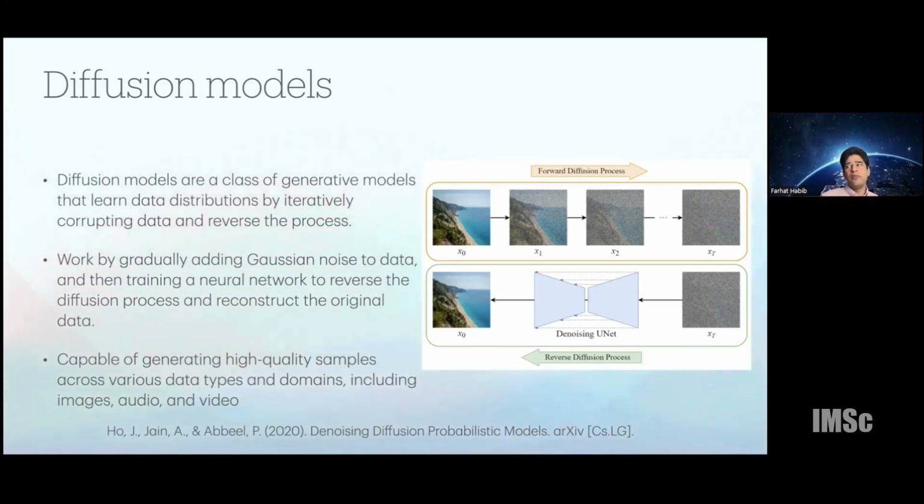You're required to train two different neural networks with different learning rates. You have to balance the learning rates. You often end up with things like mode collapse or other issues which prevent the network from generalizing as well as you would like. Whereas diffusion, being a much cleaner process, is far easier to work with.